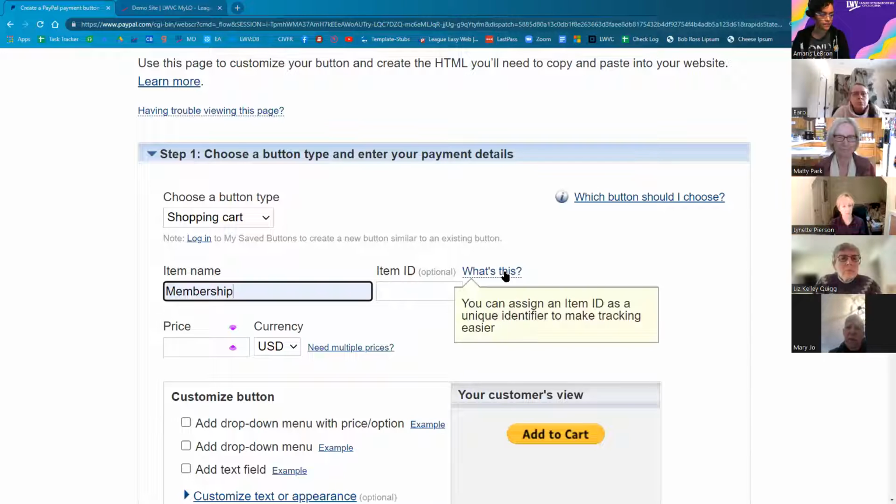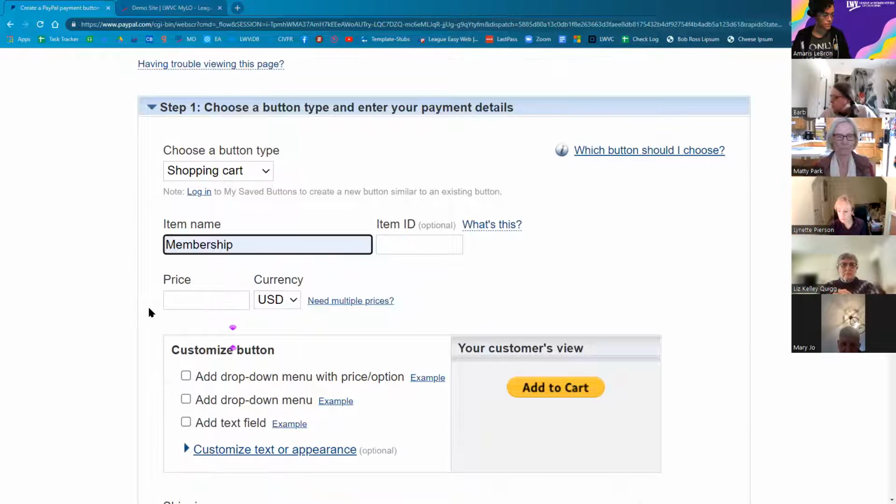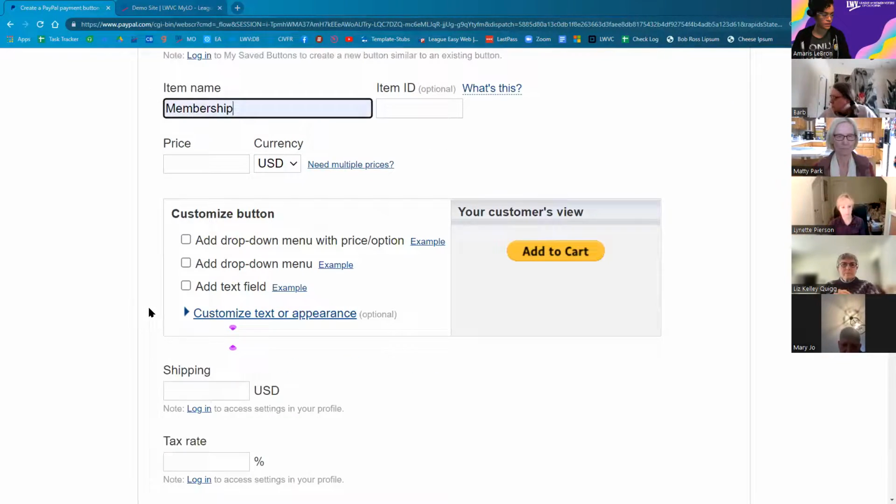And the item ID helps for you in the back end. I haven't played around with the tracking on PayPal payments because I obviously don't have any payments to track, but I would imagine that there's probably some fancy stuff that you can do with the tracking if you fill out the item ID. But let's go ahead and